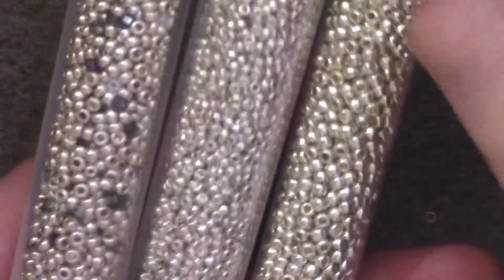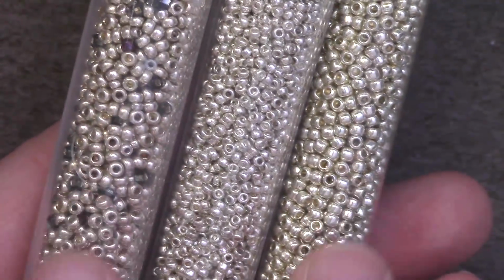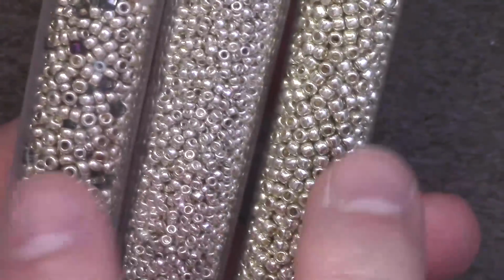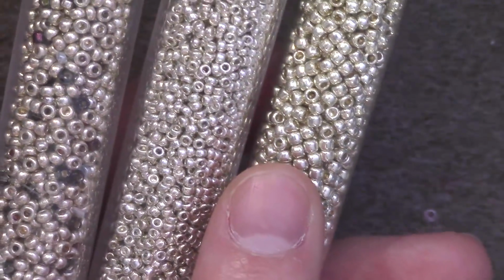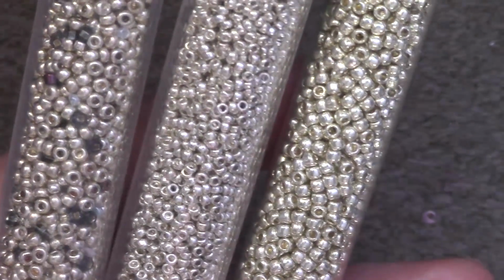Also something to keep in mind is if you want to buy silver, it's probably best to go and look at it in person at a bead shop or what have you, because not all silvers are alike. I'm not sure if the camera's going to be able to pick it up, but nope, not really. These two have a subtle yellow tinge to them, whereas this one is more true silver. This one is a Miyuki brand. I'm not too certain on these other two. I think this one's a Preciosa, and I think this one is a Toho. But I'm not too sure. It's often best to just go to a shop and see this in person,